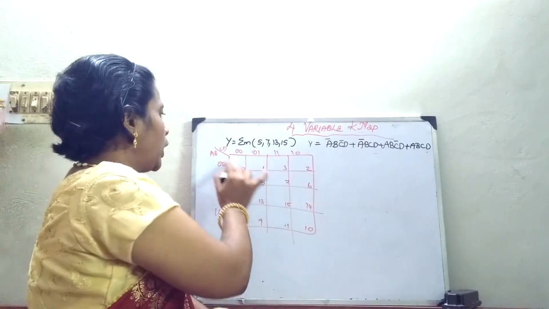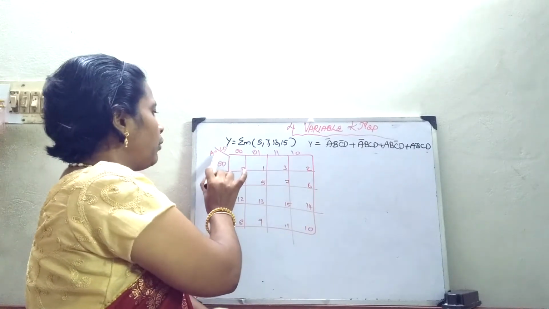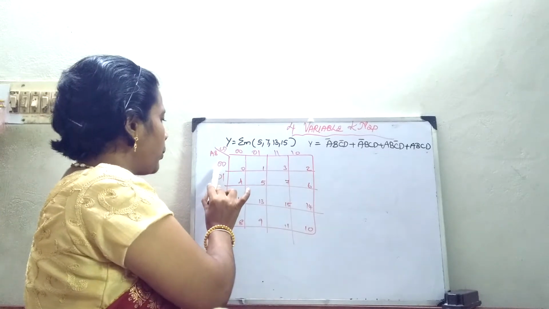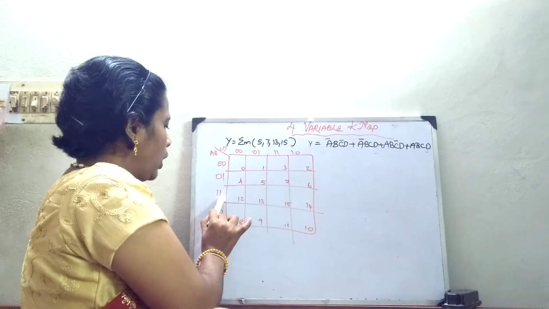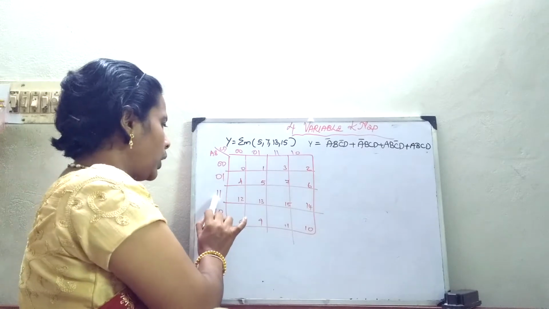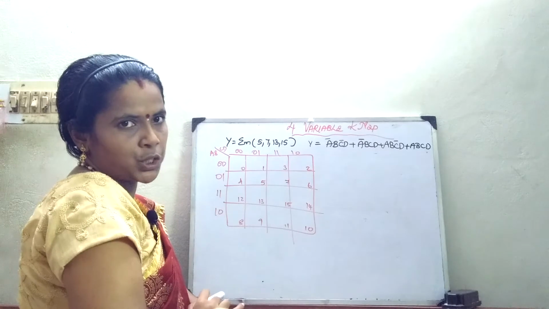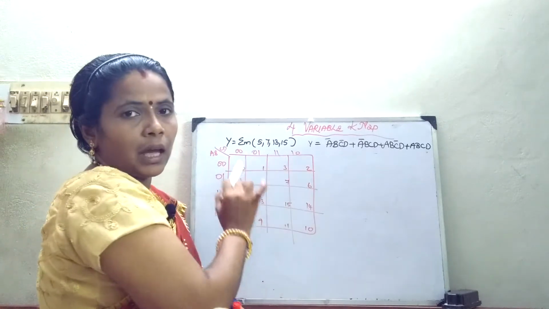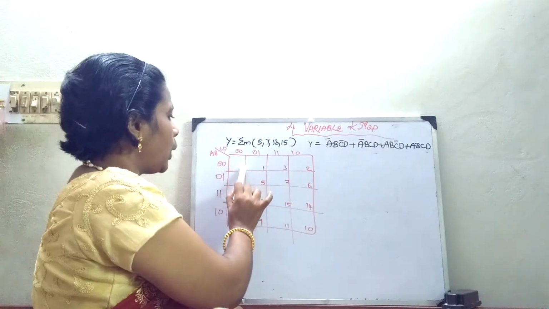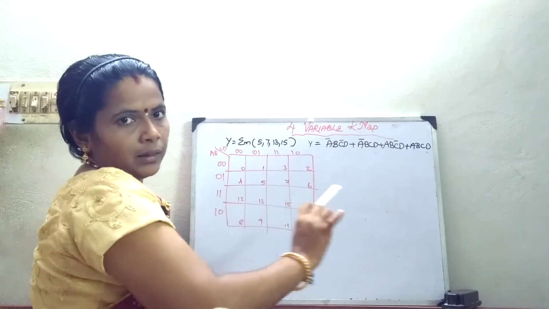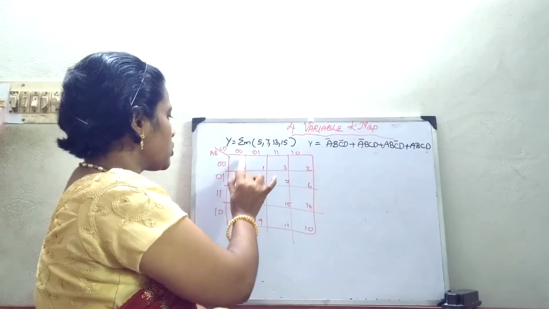So, you have 4 variables, A, B, C, D. For every 2 variables, you will have 4 possible combinations: 0 0, 0 1, 1 1, 1 0. Why am I putting 1 1 in front of 1 0? Because between adjacent cells there should be only one literal change. Similarly, you write this and, seeing row wise and column wise, you enter the data inside. How is it 0 0 0 0? It means it is 0.